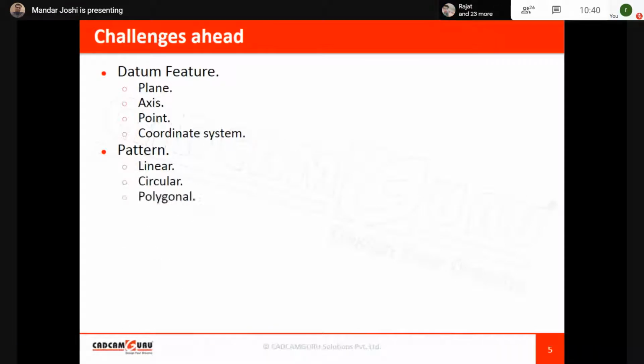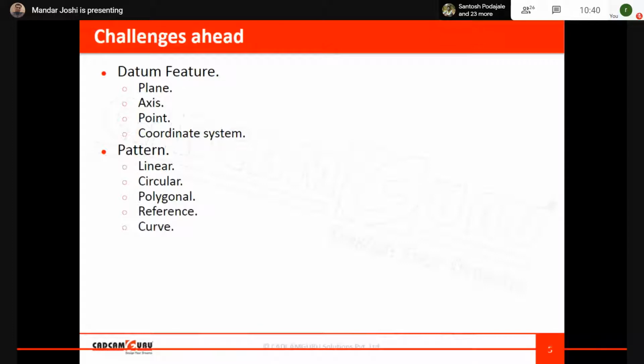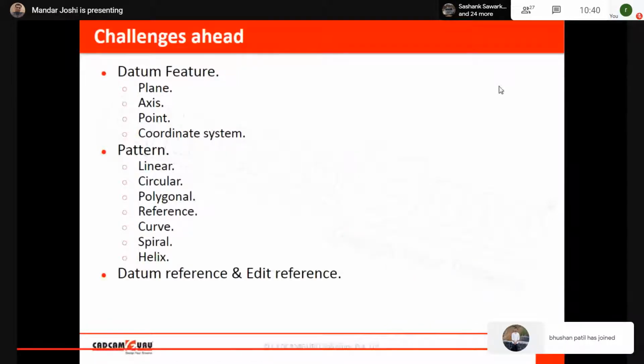These are the types of patterns: polygonal, reference, curve pattern, and spiral. Okay. The next is datum reference and edit references.